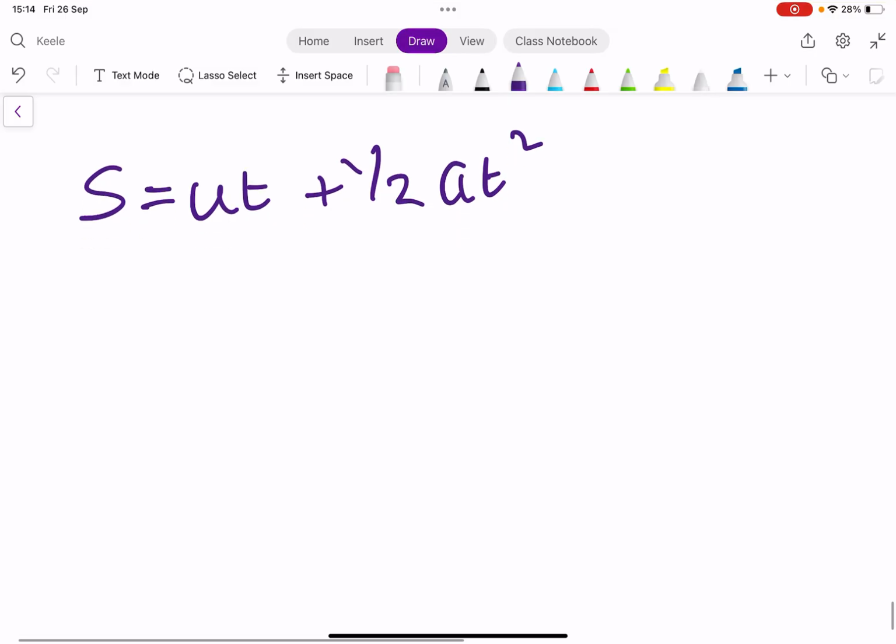All right, last one. This one's a bit nasty. There's also one rearrangement you can't do. You cannot rearrange this equation for T equals. You have to use something called the quadratic equation to solve it. The only time you can is